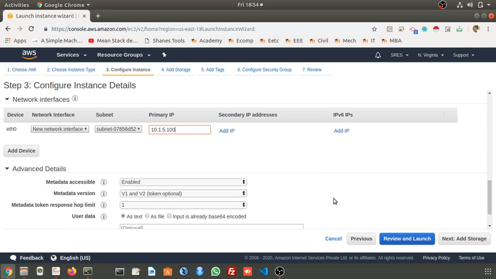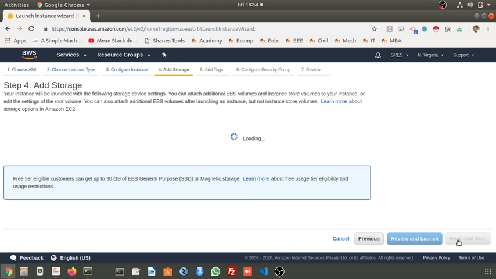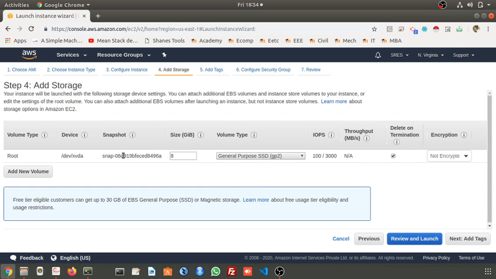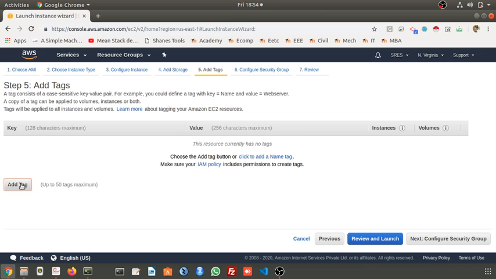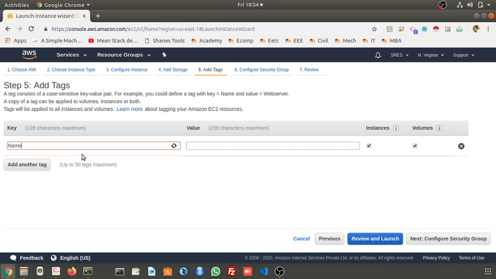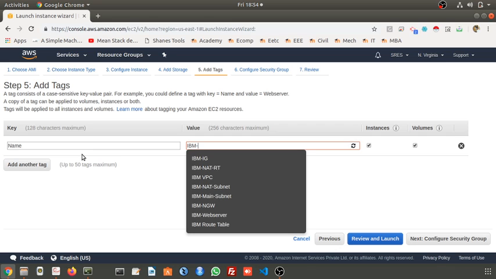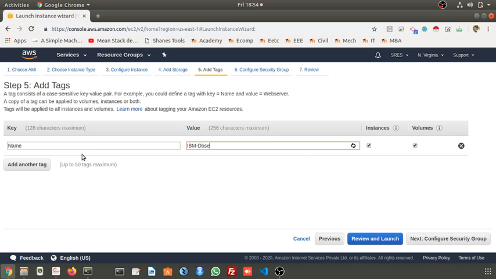While creating the private subnet, we gave the IP address 10.1.5.1. So this will be acceptable. Next, I will select the default size. Let me add the name for this: IBM DB server.